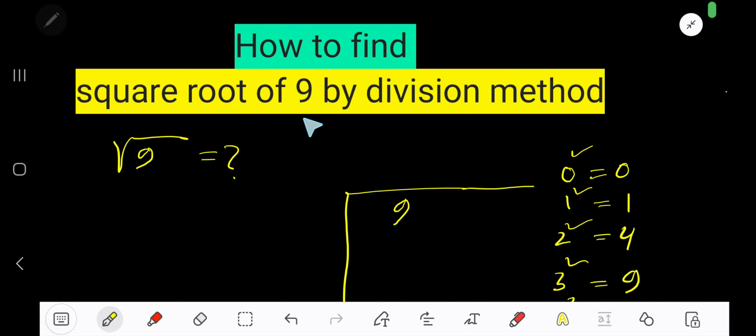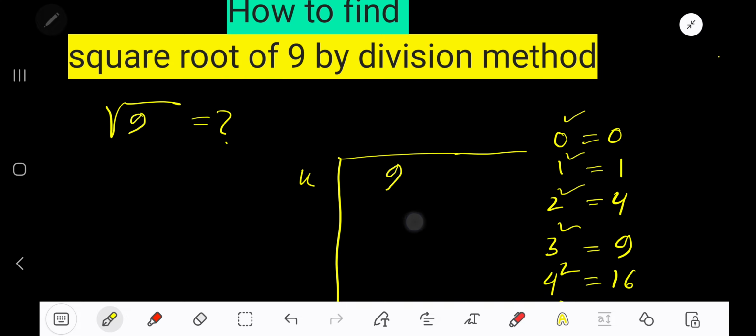How to find the square root of 9 by division method? Here we have to take a number in such a way that the square of the number will be equal to 9 or nearest lower to 9. So if I take here, look,